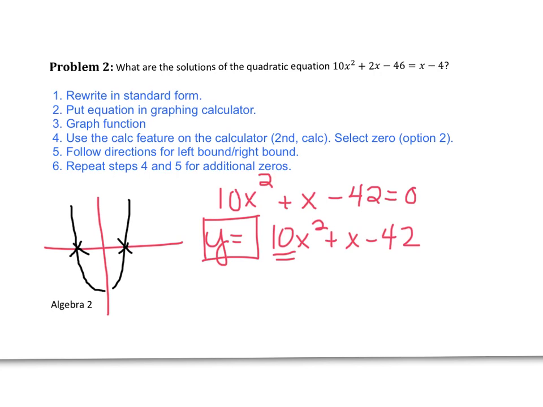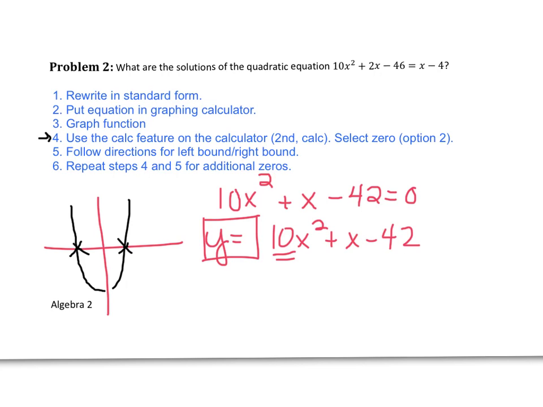And it's possible you can kind of guess and figure out what they might be, but for step 4, we're going to use the feature on your calculator that is the 0 option. And what you do is you hit the second button and select Calc, which is right above the trace button in the upper right-hand corner. So it's the second button in. And if you look, you have options. You want to select number 2 that says 0. So when you get that